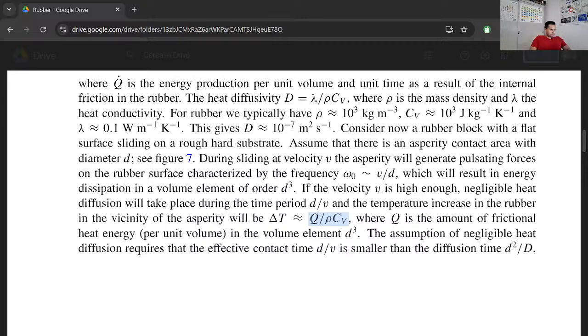For simplicity, an elementary case of a single asperity, a single length scale case will be considered, to demonstrate